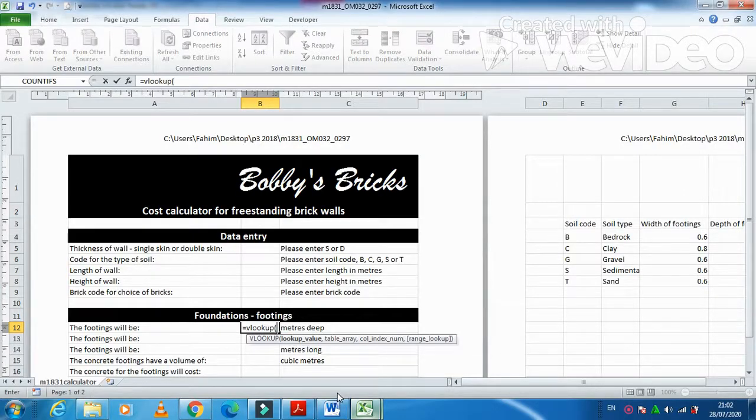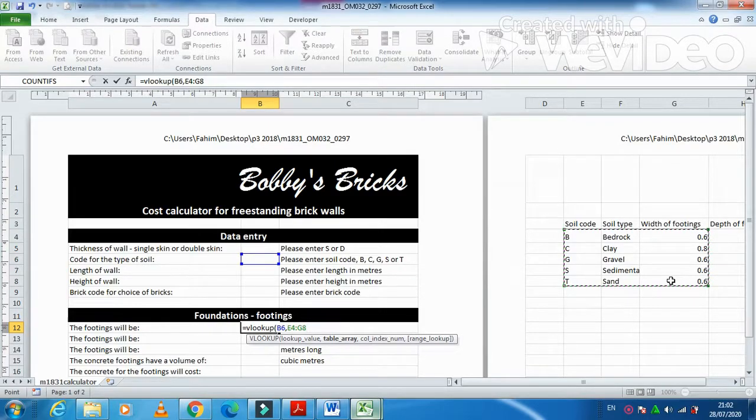VLOOKUP depends upon the type of soil, which is here in B6, then comma. Our table array is, you can see here, the soil code, and in front of it the footing is here in the same sheet, and then after you just need to